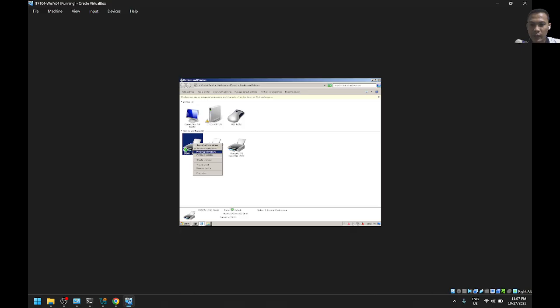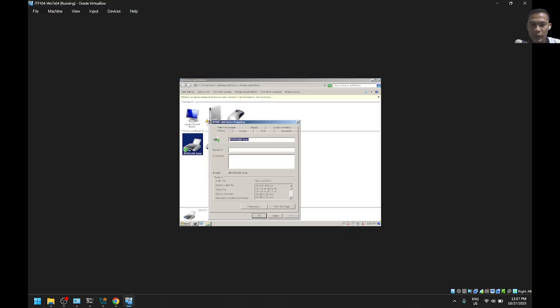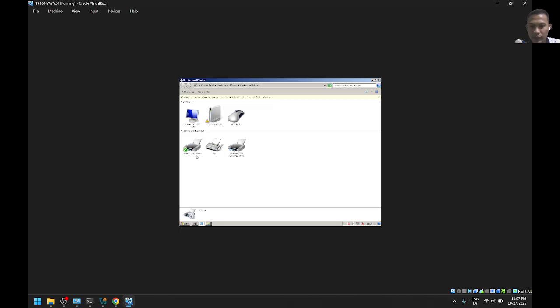So, right click, printer properties, find the sharing tab, then check the share this printer checkbox. So we can rename the share name of our printer. So I'll try to name it virtual OS shared printer. Hit OK. Then if we select the printer, you can see there is a status. The state has a check, which means it's already shared.